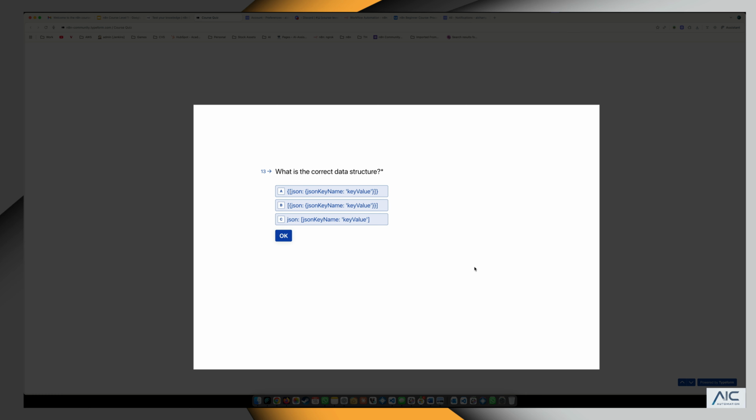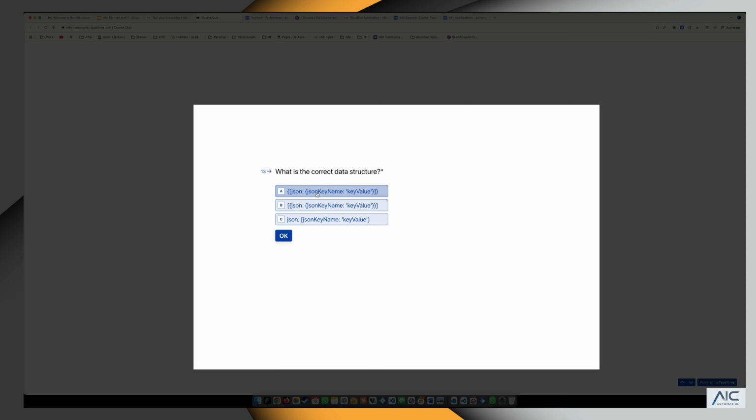What is the correct data structure? As we know, JSON is a key value pair, right? In this case, if you see over here, the curly bracket is outside, however there is another square bracket inside.